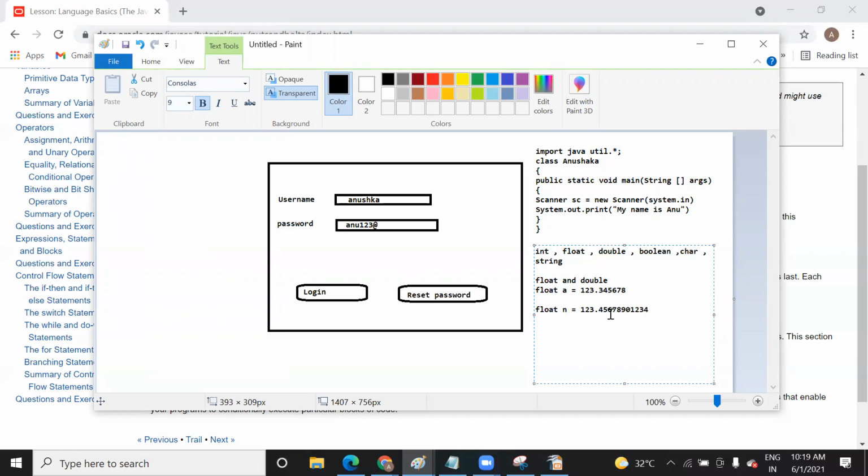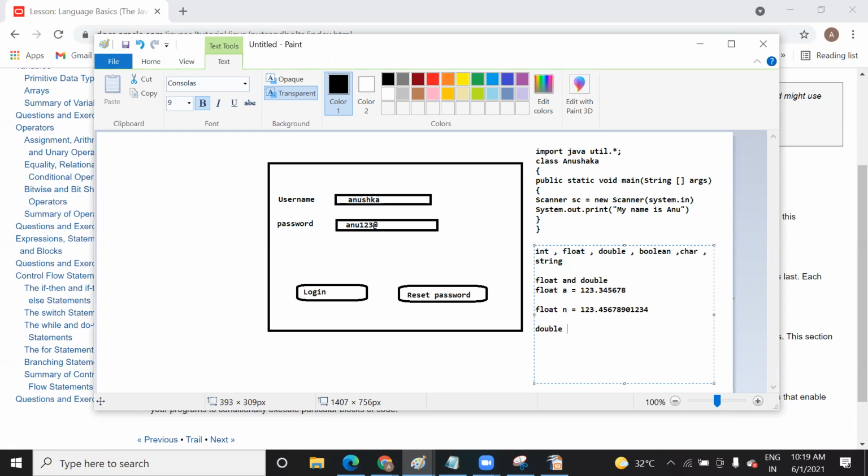In this case, float will not be able to hold this. Yes, correct. It depends on the compiler, because with the latest version of Java, whether it is holding or not, you will see once you run this. So in order to remove this restriction, we use double, and most of the time we use double because it is more precise, and you can hold a value after the 6 digits also.